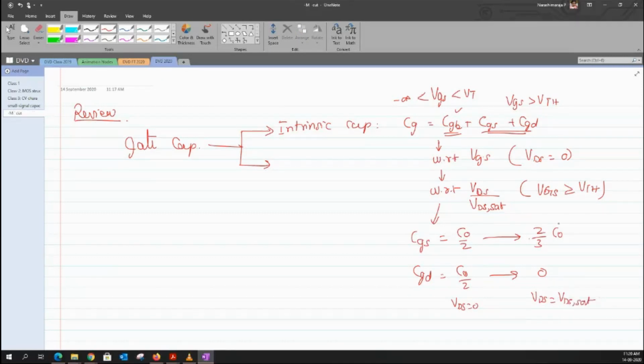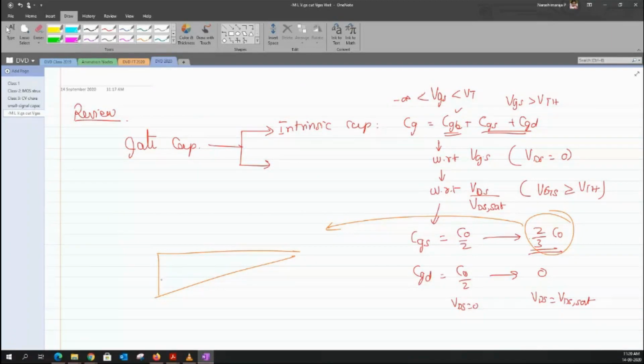to a value of 0 when VDS is exactly equal to VDS SAT. Now, one of the students had asked about this 2/3: how does this value turn up? This is based on the tapering effect. One could work it out to get the answer 2/3. If you want, I can share a 46-page material, but it is quite a complicated derivation, not really required for us. It's more related to the physics of the charges, so we will not go in depth here.